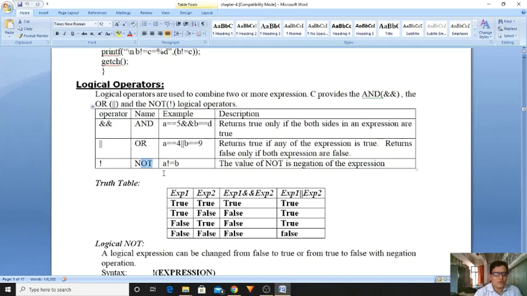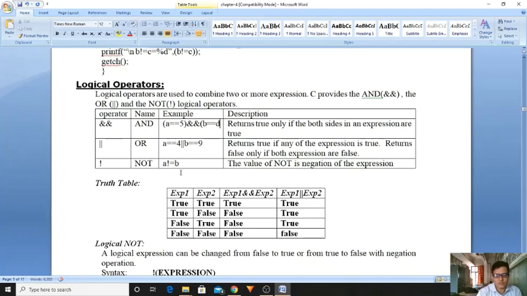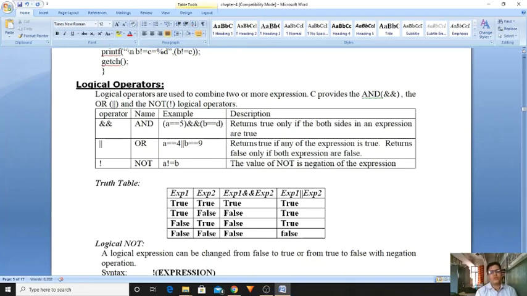Suppose one example is given. Please observe: this is one expression, a equal to 5, and b equal to d is another expression. Expression means one equation, one condition. Based on these two conditions, it evaluates the result.